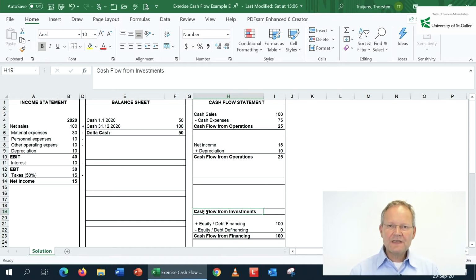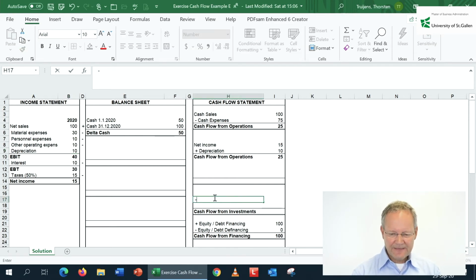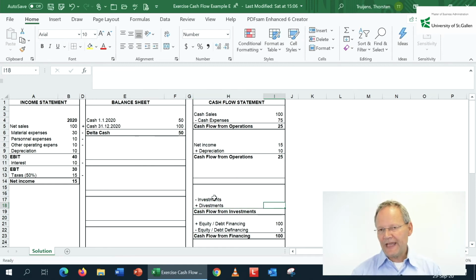Do you see this in the income statement? No, you only see the depreciation. But the depreciation is non-cash. We are talking about tracking the cash, and we haven't tracked the investments yet. So if you invest, this is bad for cash. If you divest, you sell the old French fry cooker on eBay and get some money for it, that'd be good for cash. Now, we didn't get any money for the old French fry cooker,